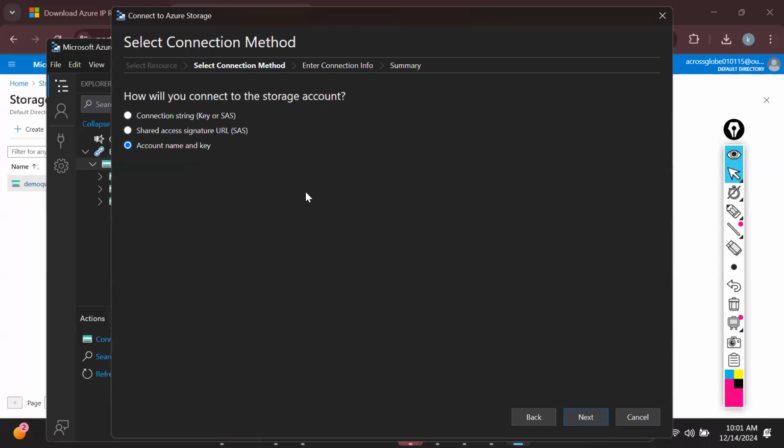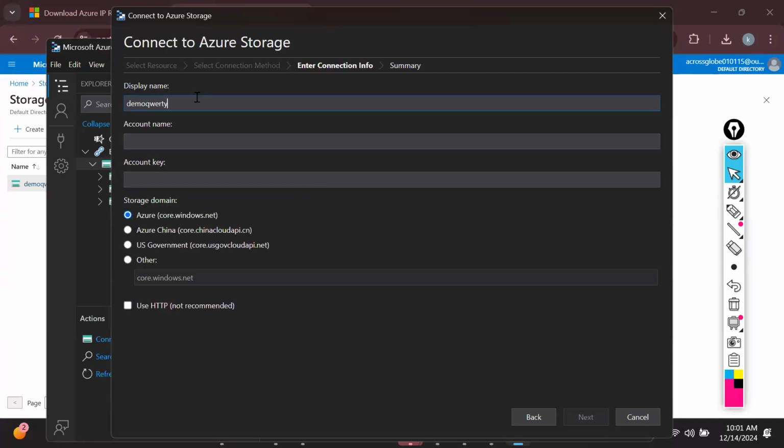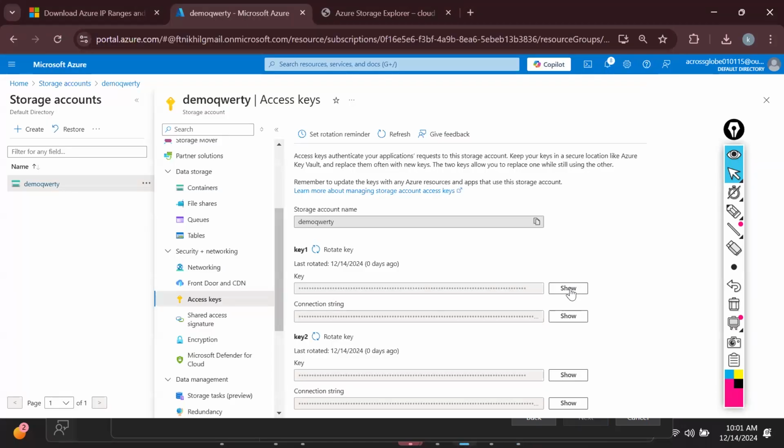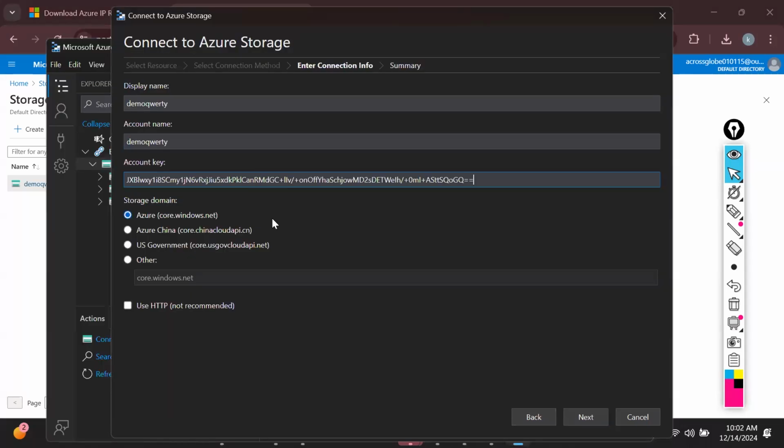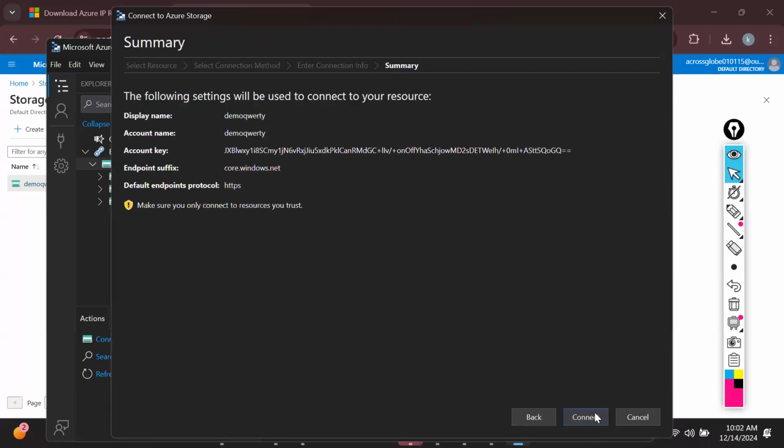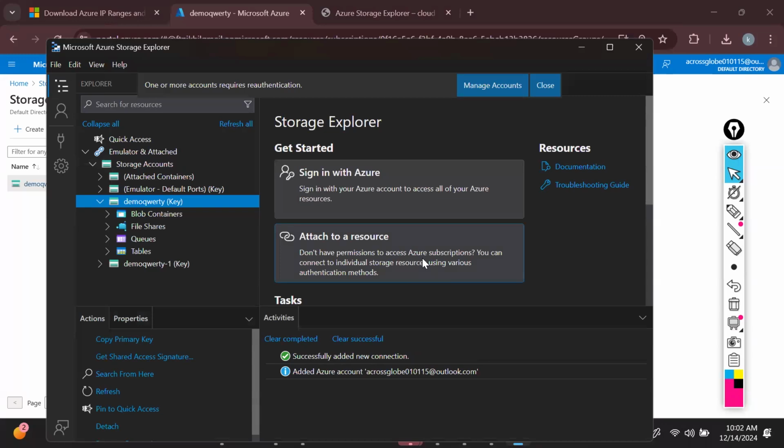So I'm choosing name and keys. What is the name of my storage account? It is demo QD. What is the key? Copy that key, which I'm going to copy here and then put it here. Okay, then next and then connect. So it's connected to my demo QD.